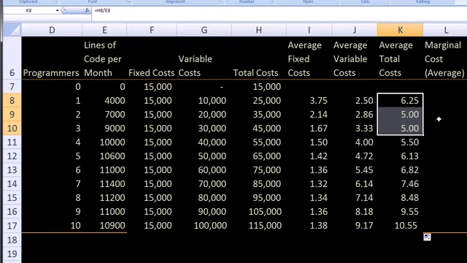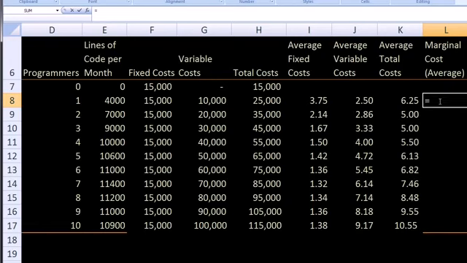And now let's think about the marginal cost. The best way to think about it is, what is the incremental cost of that next set of lines of code? So this is going to be how much more you're spending divided by how much more code you're getting. And this is once again per line of code. So when we go from 0 programmers to 1 programmer, we're going from